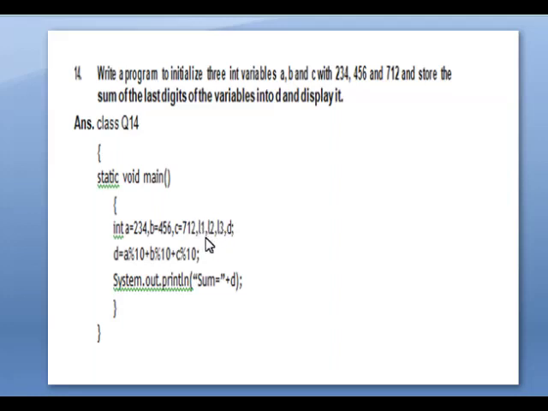अगर आपको वो नहीं चाहिए, उसका ज़रूरत नहीं है, आई विल डू इट इन वन लाइन, मतलब आप सीधे यहाँ पे आके सम फाइंड कर दीजिएगा. ठीक है. So D equal to A modulus 10 plus B modulus 10 plus C modulus 10. We will get all the remainder as 4 plus 6 plus 2. सबको ऐड करना है तो you will get the sum of the last digit of the given integer values. ठीक है. So उसके बाद इसको क्लोज करना है. Now we are going to see the next question.